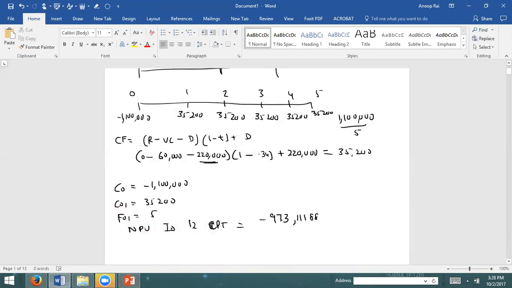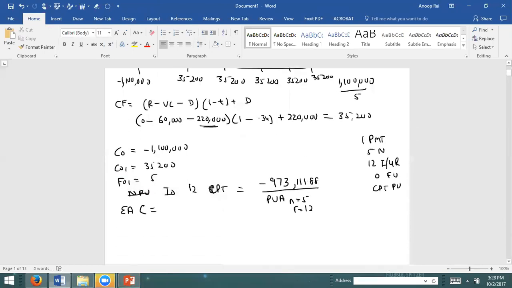But this is a 5-year project, and remember, we're going to be comparing it to an 8-year project. So for the equivalent annual cost, we could use NPV, but the book uses equivalent annual cost, so we need to divide this by the present value annuity factor, where N is equal to 5 and R is equal to 12. If I did 1 as my payment, 5 as my N, 12 as my interest per year, 0 as future value, compute present value, then I will get